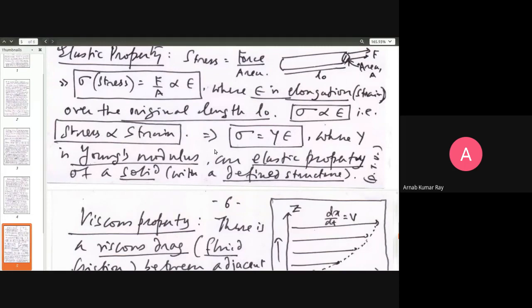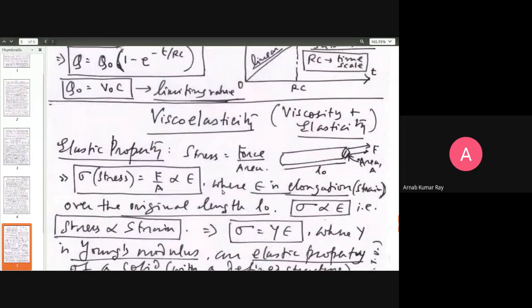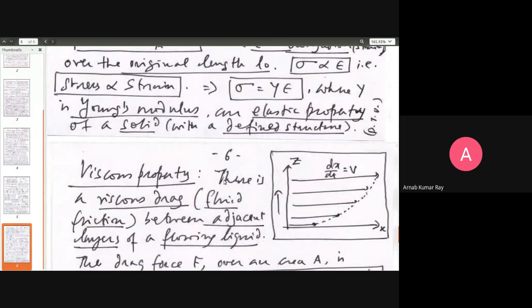Okay. Next, we are talking viscoelasticity, which is viscosity plus elasticity, right? So the next thing that we talk about is viscous property. Now, be careful in noting that all that we have discussed so far about elasticity, our standard reference point was solid materials. So we referred to some kind of a crystalline solid where elasticity applies very well. For instance, ice is also a crystalline solid of H2O, right? Water is the common name given to the liquid phase of ice.